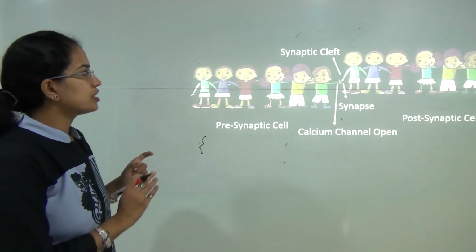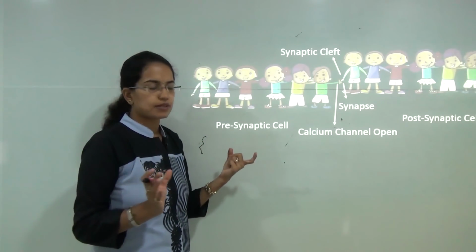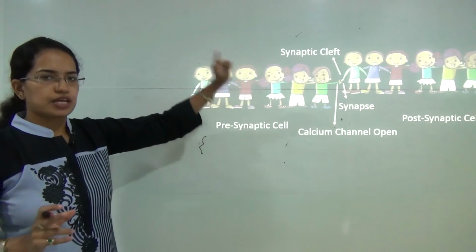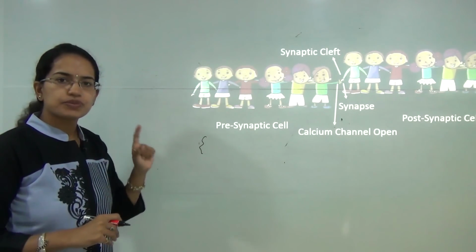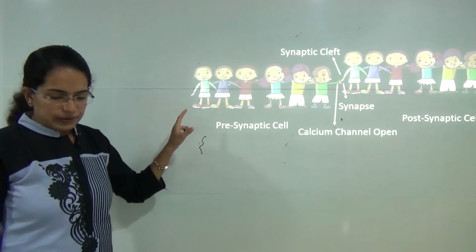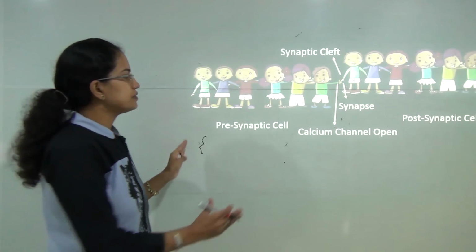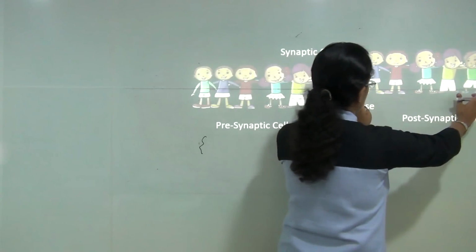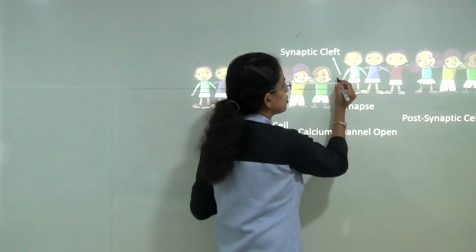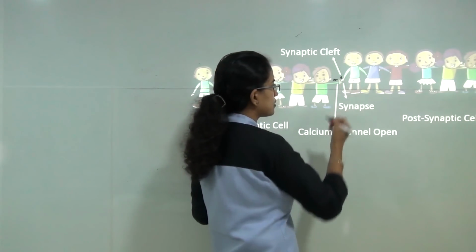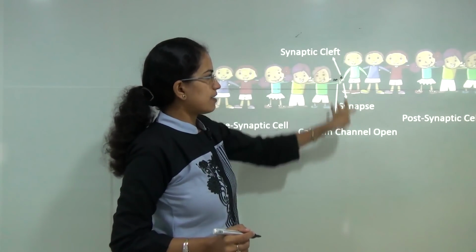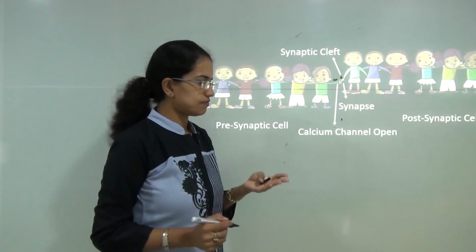Now if we move on to understanding the postsynaptic potential, which is very important, let's talk about the same diagram that we have talked about in the class on neurons and nervous impulse. Here you have the presynaptic cell and the postsynaptic cell. You have the axon of one and the dendrite of the next. The point where they meet is the synapse, and the cavity here is known as the synaptic cleft.